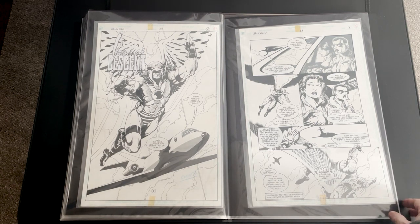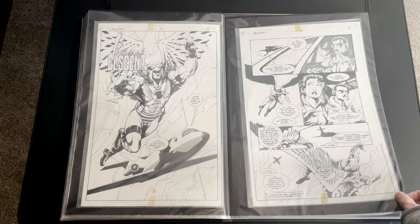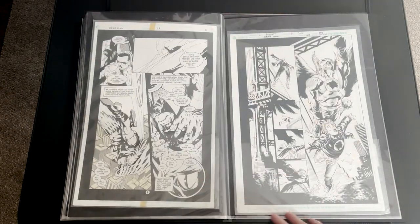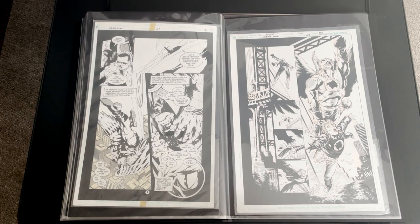At this point, Hawkman really started to go off the rails. They had him become insane, had all the other incarnations of Hawkman all in his head. After this, Hawkman became editorially toxic and was deemed off limits to be used as a character for almost a decade. The page on the right is actually from Hawkman number 43 in 2005 by Joe Bennett and Roy Jose,